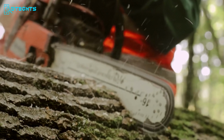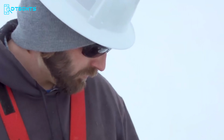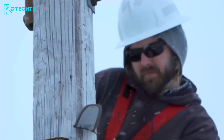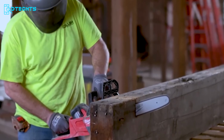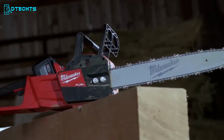The toughest job requires tough tools to be done. That's where the Milwaukee M18 Fuel chainsaw comes in handy. This saw is built to meet the needs of professionals in landscape maintenance and power utility, as well as DIYers who demand the best. Thanks to its impressive power and performance, it lets you cut through hardwoods faster than gas-powered